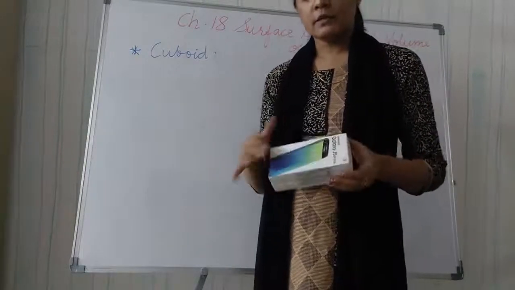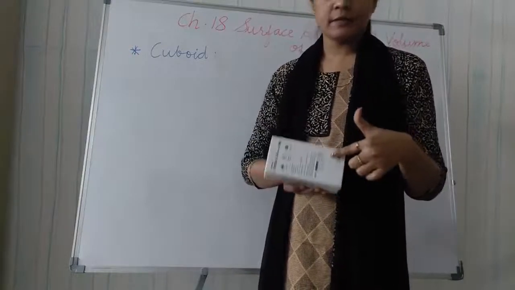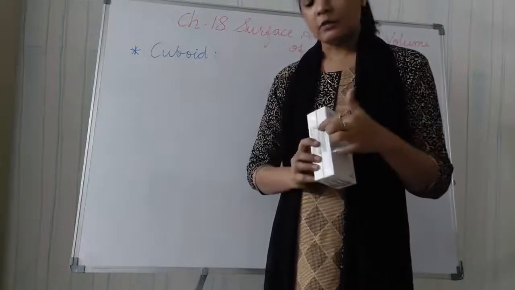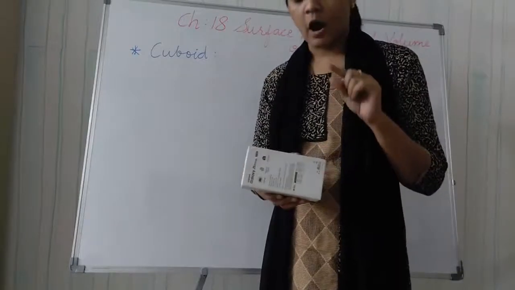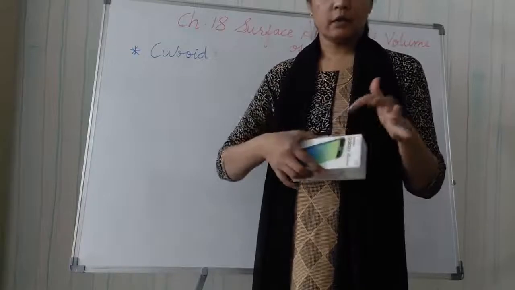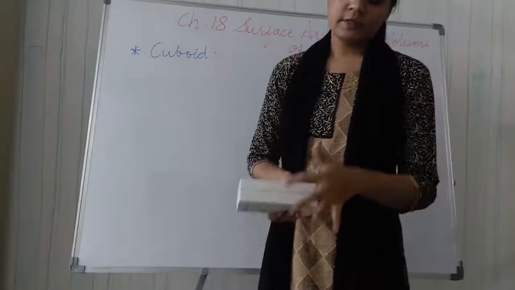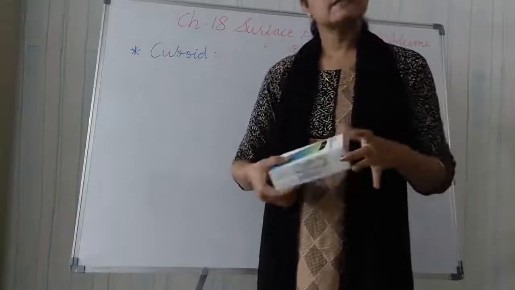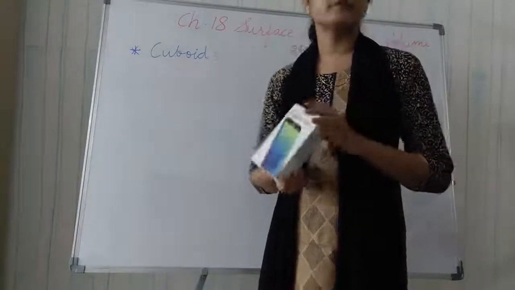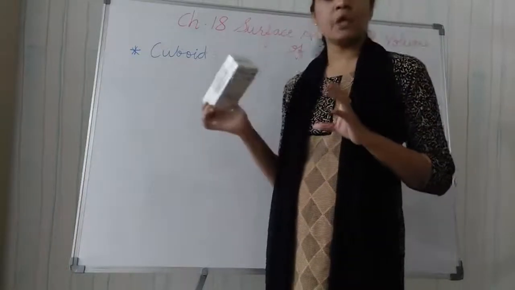So this is one surface, and it is the same as the opposite surface. This is another. So let us count how many faces there are. See, 1, then 2, 3, 4, 5. This is number 5 and this is the 6th. So in total how many surfaces are there? There are 6 faces of a cuboid shape.